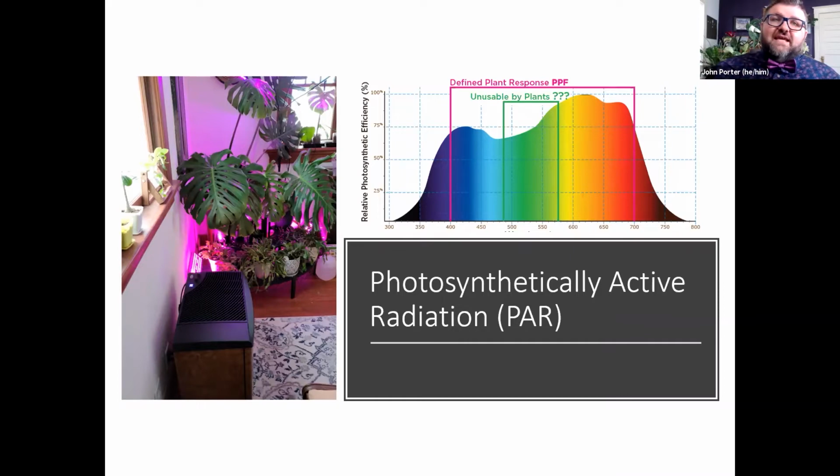There's more of them that are taken up by the plant. We didn't used to think green was usable by plants, but some research in microgreens is showing better microgreen growth if you add a few blue LEDs to the red and blue ones, or a few green LEDs to the red and blue ones.